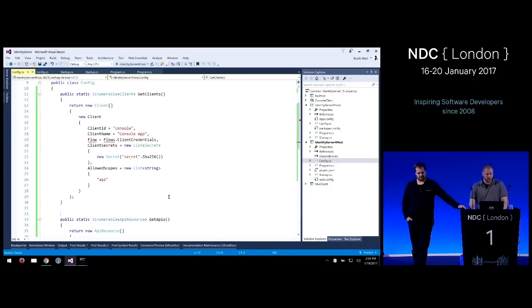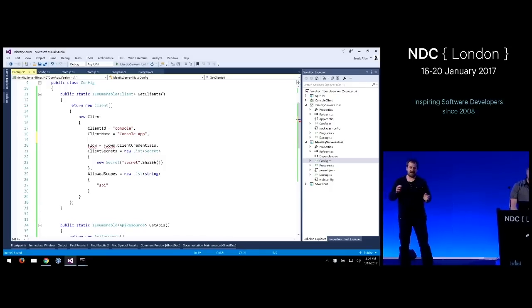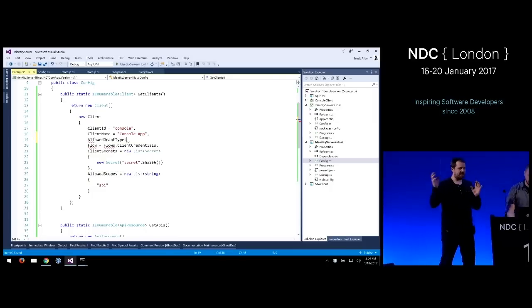Okay, so that looks about right. Client ID, client name, flow. Flow, we have renamed flow. So when we started learning about OpenID Connect and OAuth, we realized that there are certain flows in these protocols